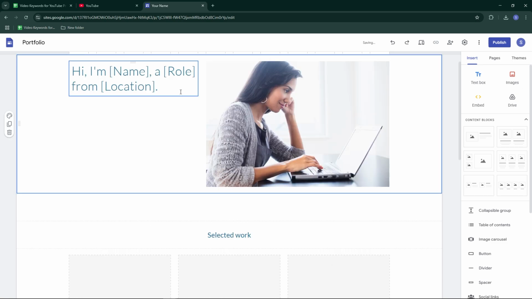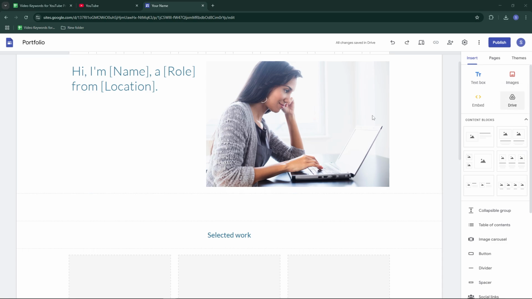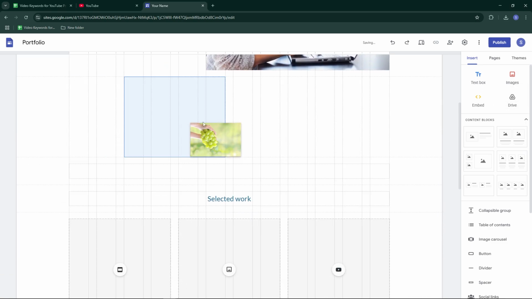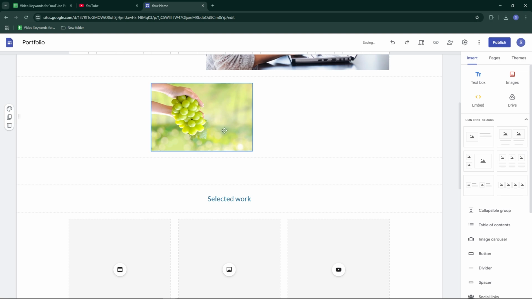Delete the original unrotated image if you already inserted it. Upload the newly rotated version. Now, your image will appear in the correct orientation. And that's it. Now you know how to rotate an